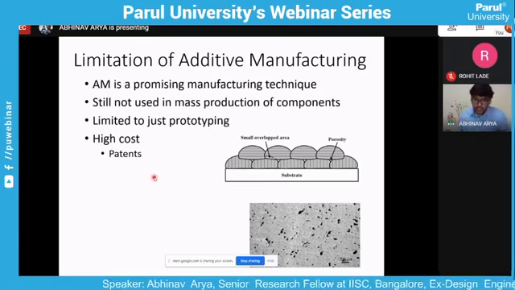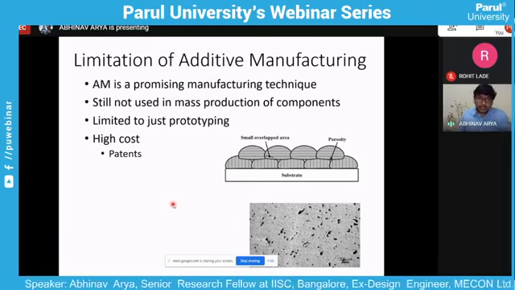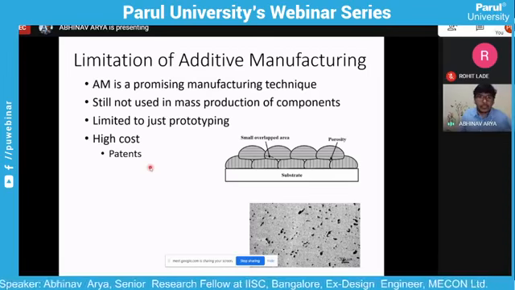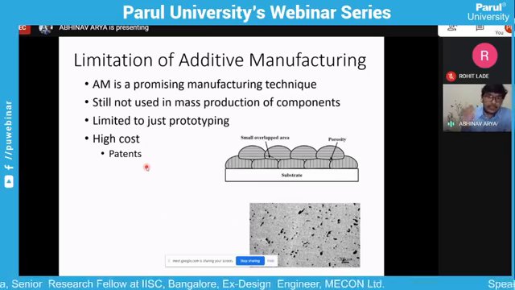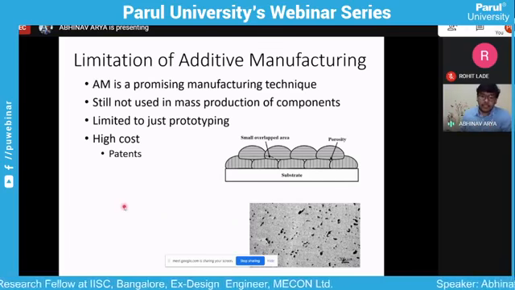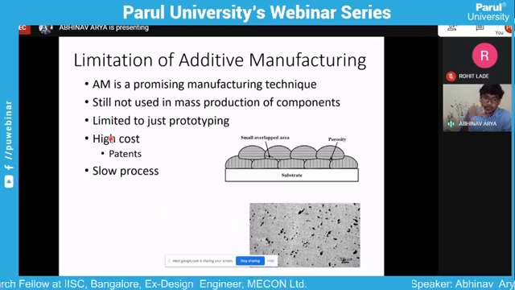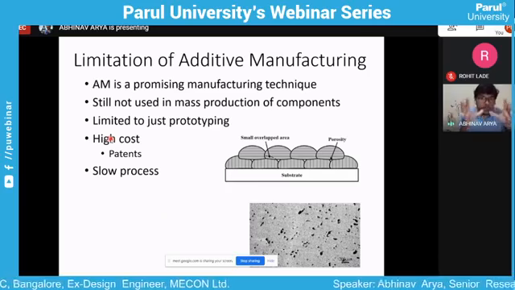are using patented techniques. Within the next few years, these patents will expire. That will reduce the cost of additive manufacturing drastically. But still, it will be very difficult for it to compete with traditional manufacturing techniques in mass production, because